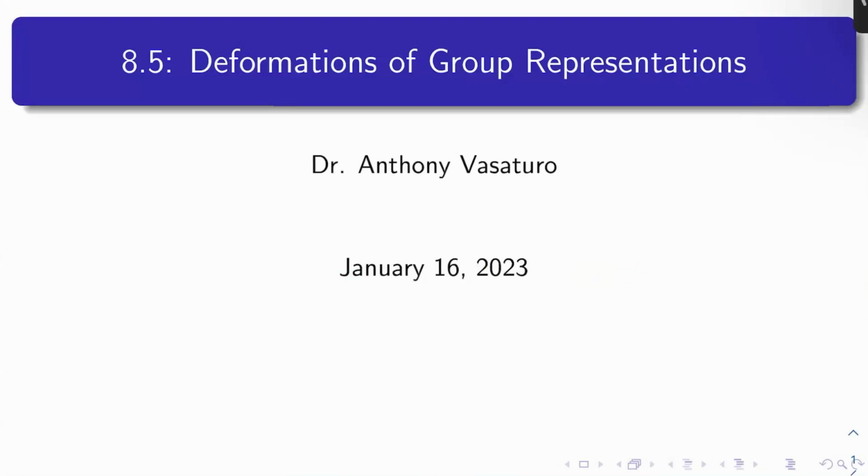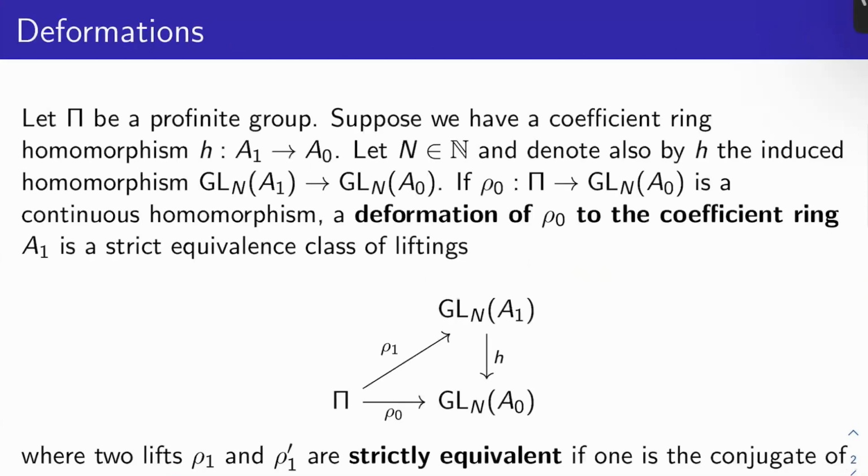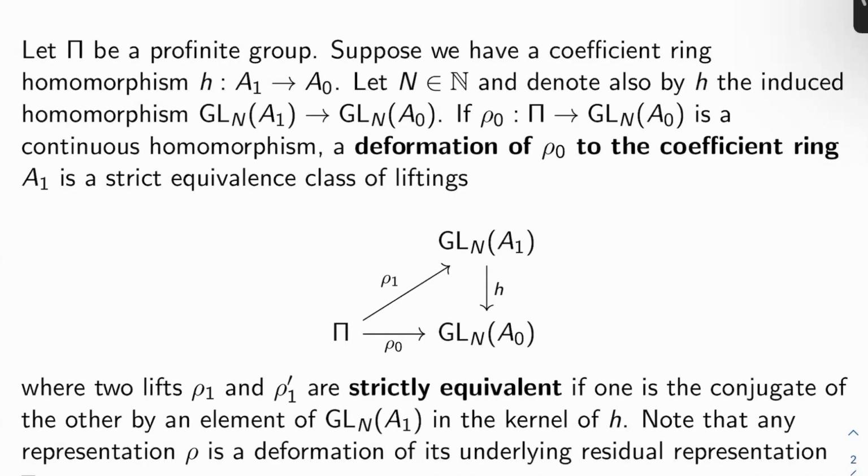Today we're going to push further into chapter 8 by looking at deformations, group representations, and what it means to study a deformation problem. So let pi be a profinite group. So we have a coefficient homomorphism H from A1 to A0. Remember, a coefficient ring homomorphism is just a ring homomorphism that induces an isomorphism on residue fields. Let n be a natural number and denote also by H the induced homomorphism from GLN of A1 to GLN